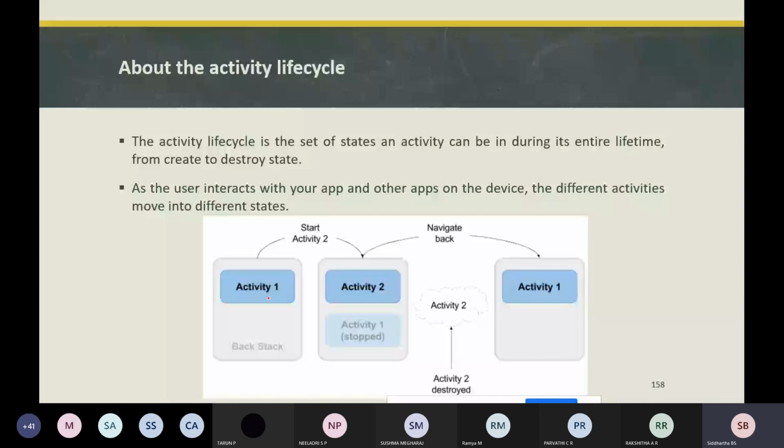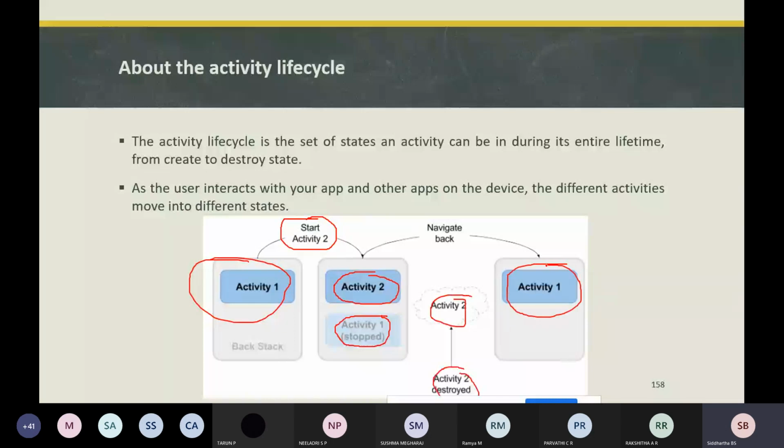As soon as you start activity two, activity one will be in the background and activity two will be in the foreground. As soon as you navigate back from activity two to activity one, activity two will get destroyed and activity one will be in the foreground.